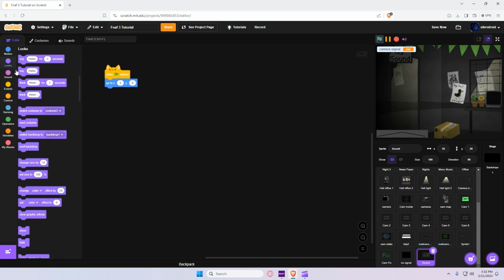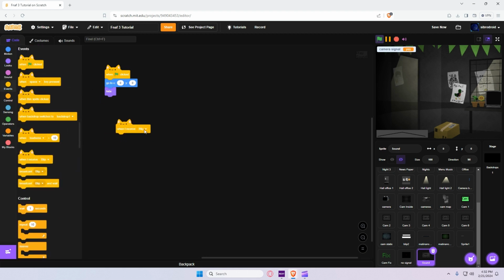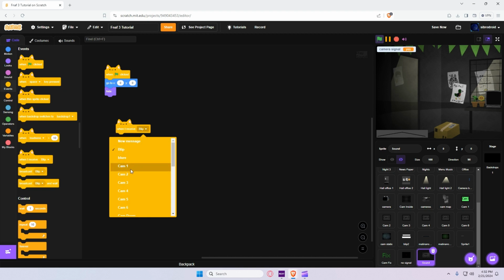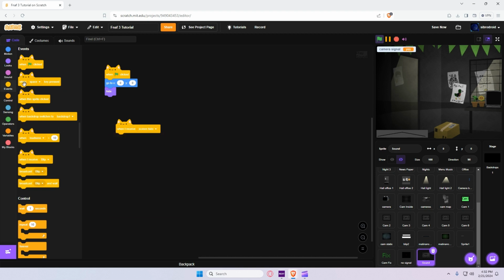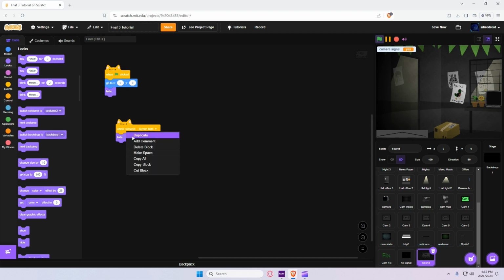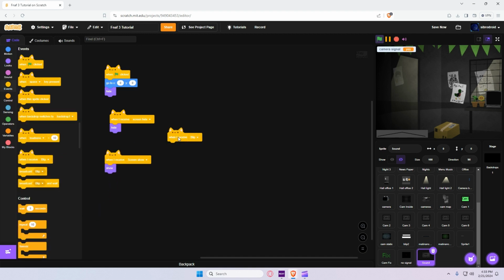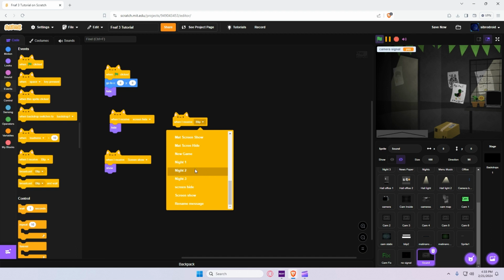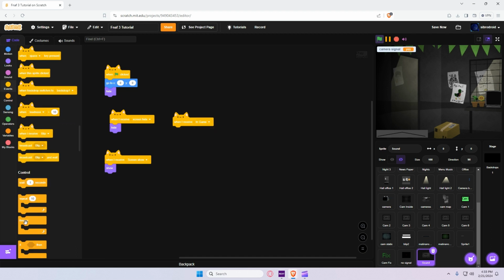When the flag is clicked, go to 0, 0, hide. When I receive screen hide, hide. When I receive screen show, show. When I receive in-game, forever,